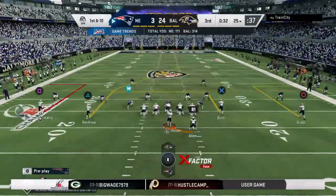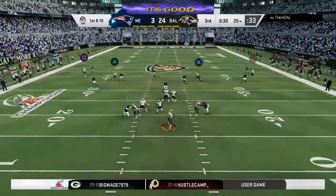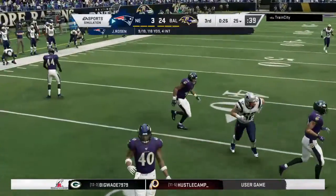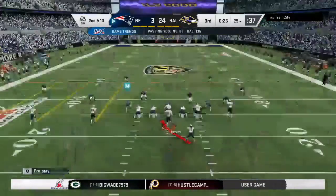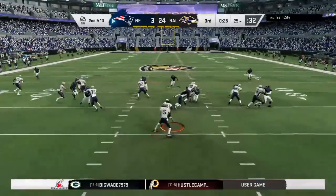The Pats at the line, ready to go. These guys had to punt last time. It has not been a very fruitful game offensively thus far. They haven't even made a trip to the red zone. And I know that everyone's going crazy on that sideline because that drives you berserk to come off the field, not really move the ball well. As you said, not even get to the red zone, let alone put points on the board. They've got to just take a deep breath, relax, try and figure out what is working, and call more of